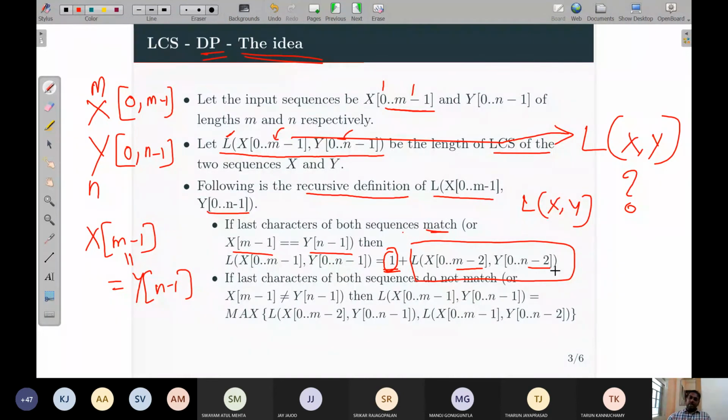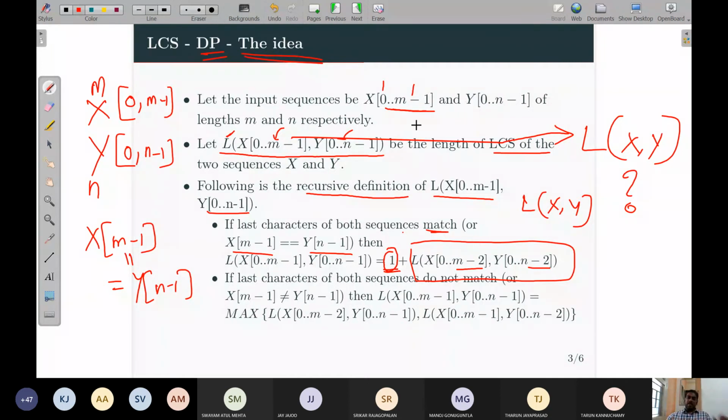And recursively call the same operation for 1 less than the row index and 1 less than the column index. That is why we are adding 1 whenever there is a match. So this is the idea, and this idea is employed in the algorithm. In order to make things easy, I explained the table filling first, and now I am explaining the idea so that you can relate. Okay.